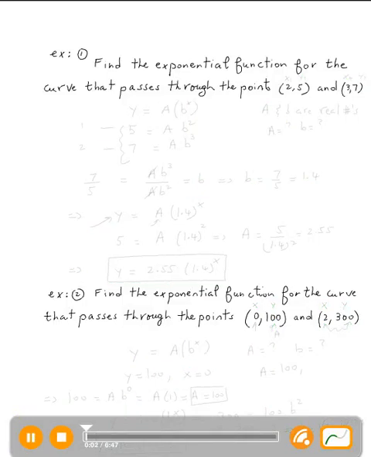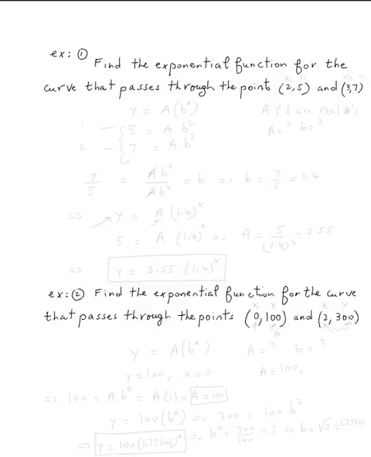In this example, we need to find the equation for an exponential function such that it passes through the points (2, 5) and (3, 7). So assume this is x1, y1 and this is x2, y2. So when x is equal to 2, y equals 5, and when x equals 3, y equals 7. So by definition,